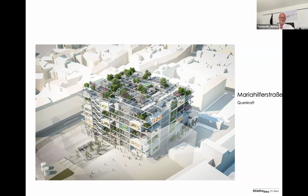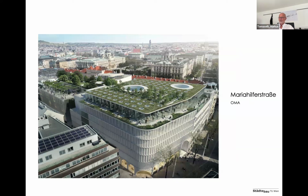infrastructure or equipment for spending your time there without consuming anything. Yeah? You don't have to pay for that. And it's on top of this building, which is a very commercial construction, a simple box, but of course framed with this grid of steel beams and steel columns that carry green spaces and that carry, of course, advertisement for this building. This is a project by OMA for